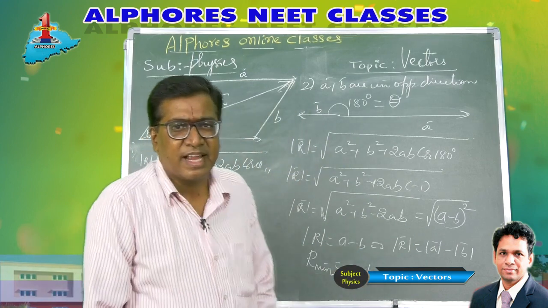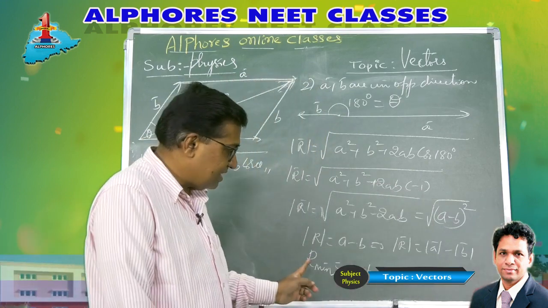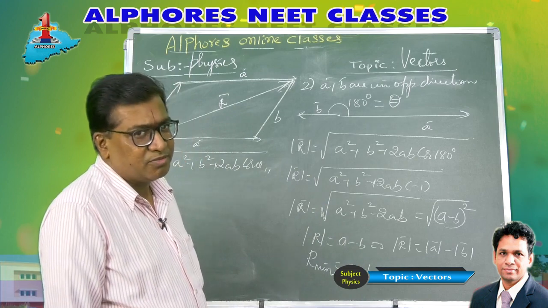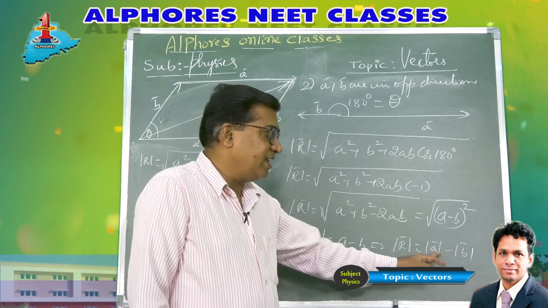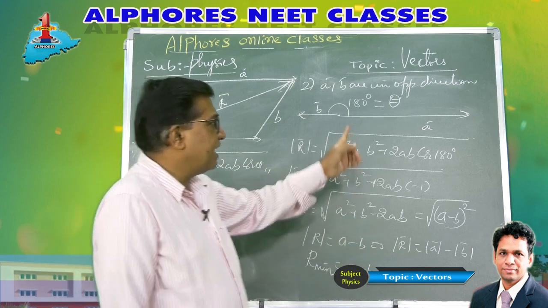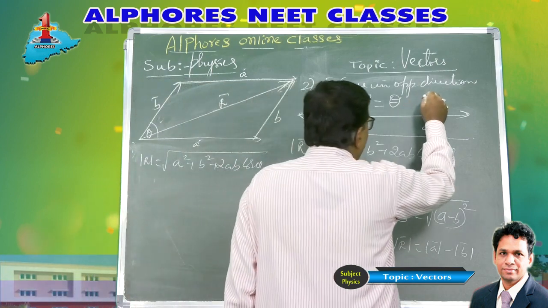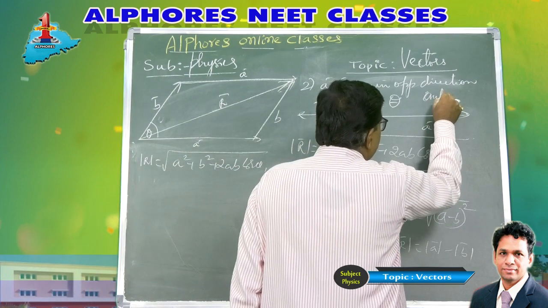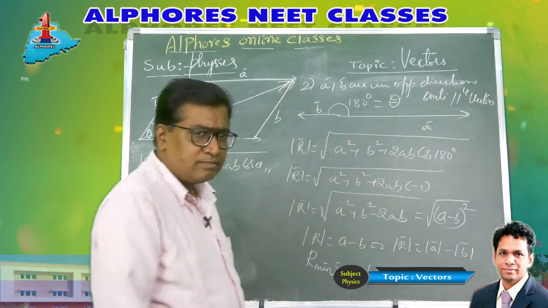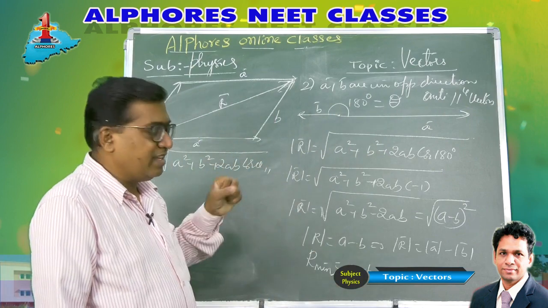So when two vectors are acting in opposite direction, the resultant is minimum, that is A minus B. Minimum resultant of two vectors, right? The resultant is mod A bar minus mod B bar, the minimum resultant when the angle is 180. They are anti-parallel vectors. If two vectors are in opposite direction, anti-parallel, then the resultant is A minus B. That way you find the resultant magnitude.